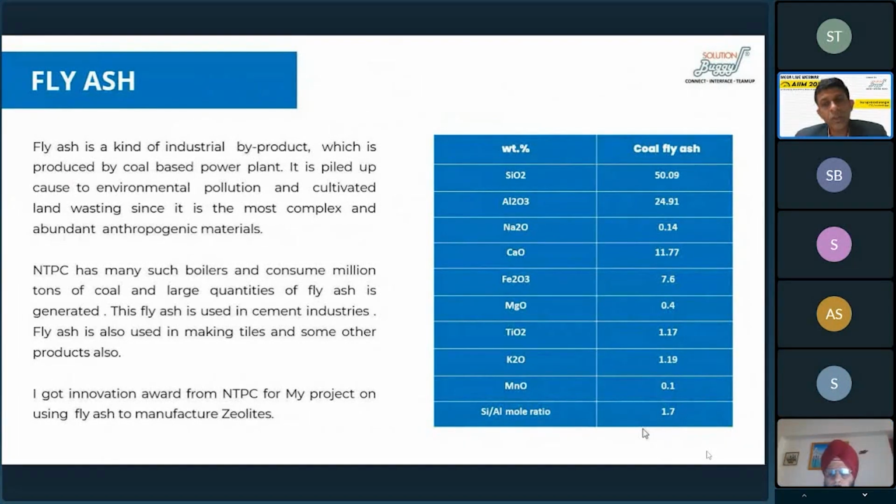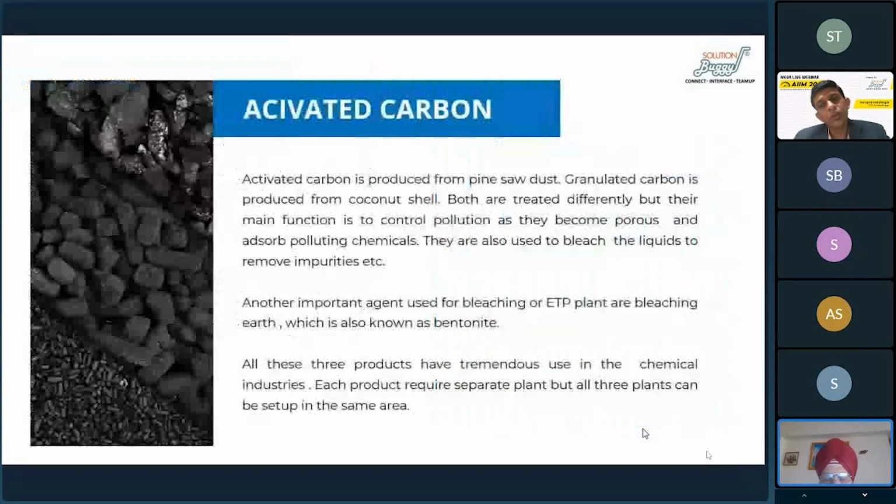So where are these zeolites used? Where is the zeolite used? There are a lot of uses. I will come to a slide where it is given what they are. Now coming to